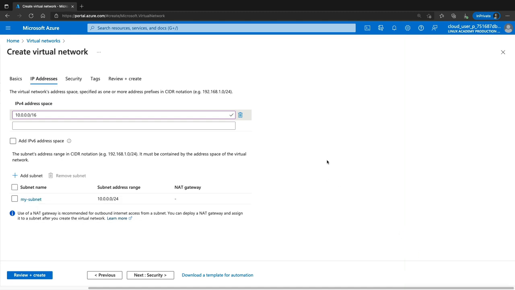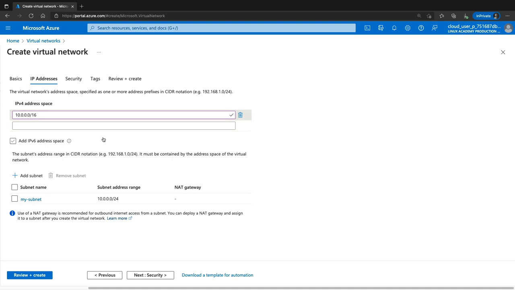So that's really all there is to it. I just wanted to focus on the relationship between creating an address space and creating a subnet range that exists inside of that address space. Keep in mind, you also have the option of adding multiple address spaces to a virtual network. Let's say, for example, if we added a 192 address, such as 192.168.0.0/16, we could also create a subnet that fits inside of the 192 address space, in addition to the 10.0